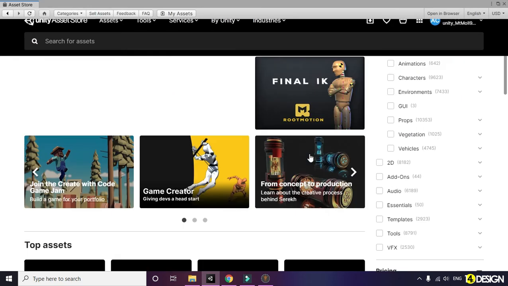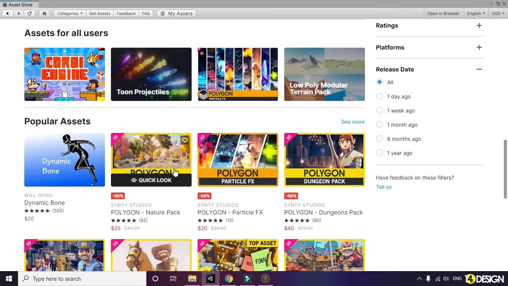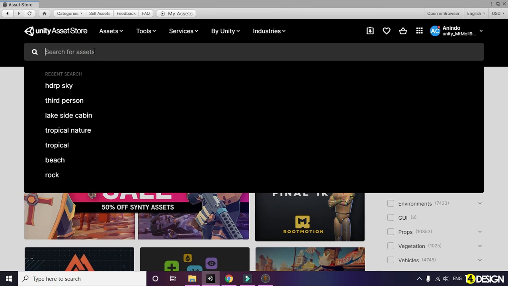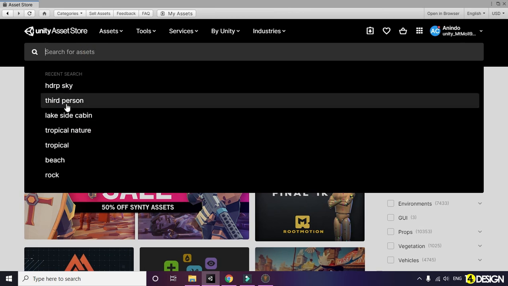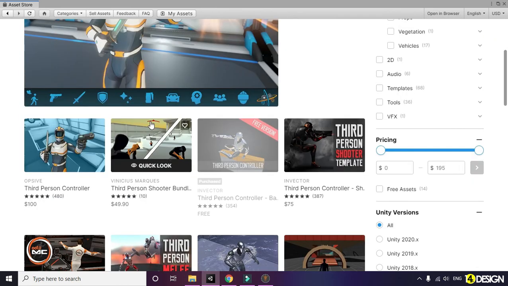So in the asset store, search for third person. Let's see. Yeah, search for this controller, the InVector basic locomotion character controller.